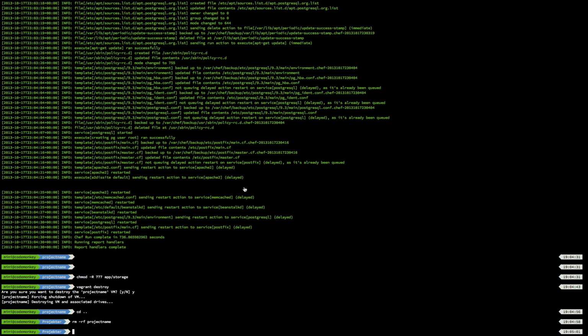First of all, you need to install a ton of software. You need to install Vagrant, Berkshelf, and VirtualBox in this case, and then we need to install two plugins. I'm using Vagrant Berkshelf to make Vagrant talk to Berkshelf, and another plugin called Vagrant Host Manager. What it does is it edits your local /etc/hosts file,